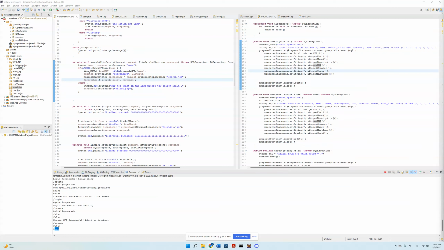After it goes to search, it will determine if the name you entered exists in the database. So we use the if function, and it will call the check NFT name, which is in the NFT DAO,